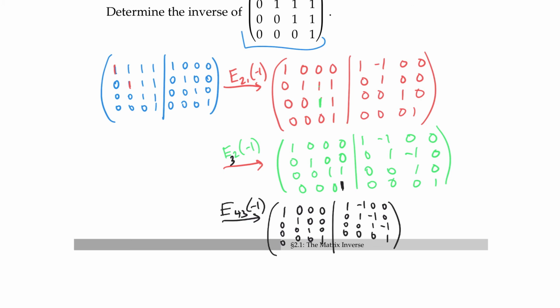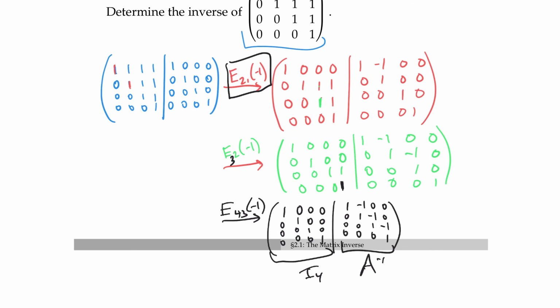So first off, I got the identity here. I think we all see that. I got I sub 4. That means right here, this must actually be the inverse. So I notice I have 1s on the diagonal and -1s on the super diagonal. Now, why is that of interest to me? Because look,